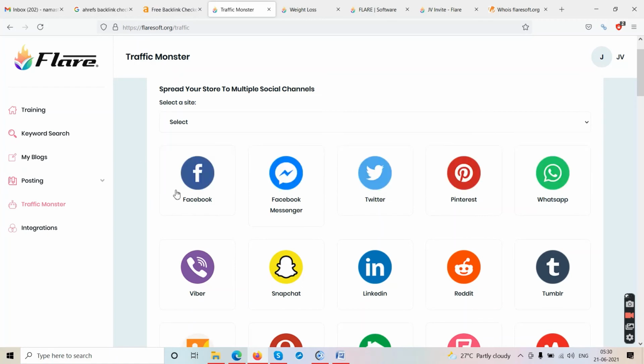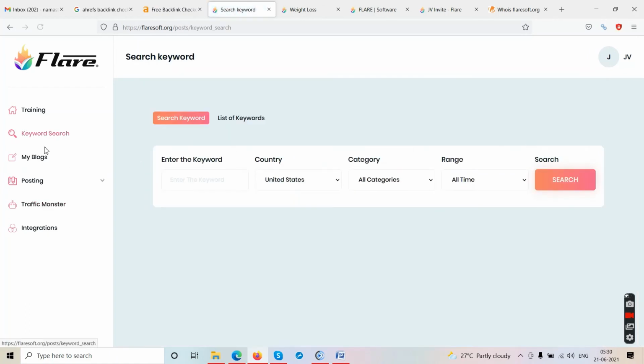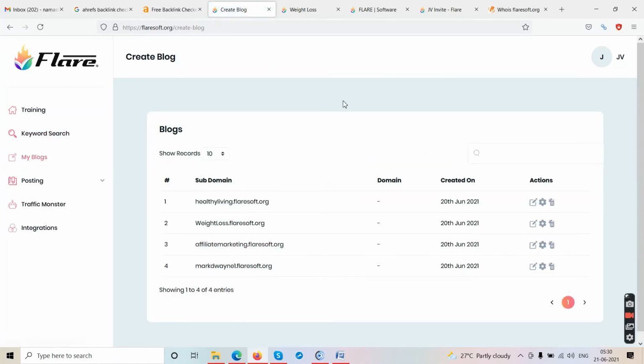Okay, so this is how it is. Now, to summarize the software: if you are going to use it only for scraping YouTube videos into text format, you can buy the software and use it one time. Because if you have your own blogs and you want to generate content all the time,